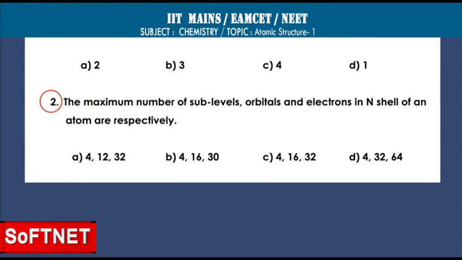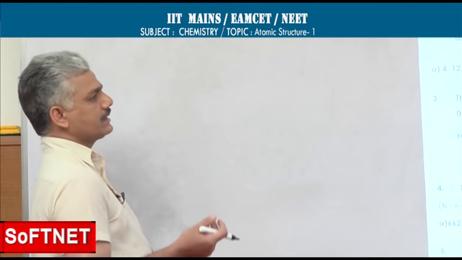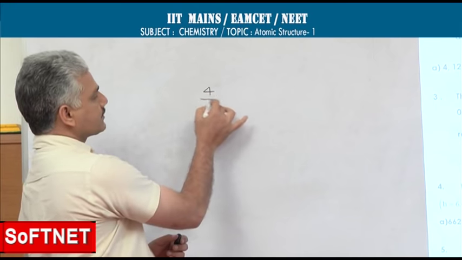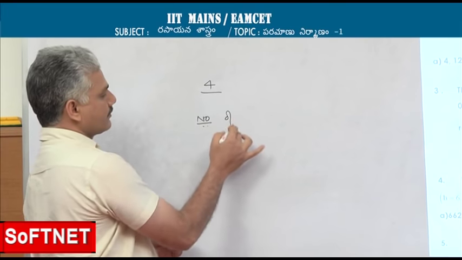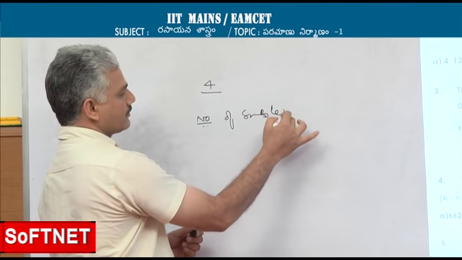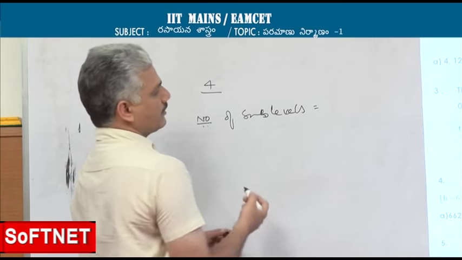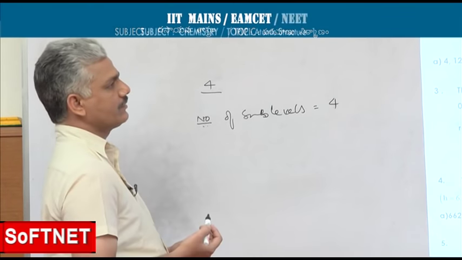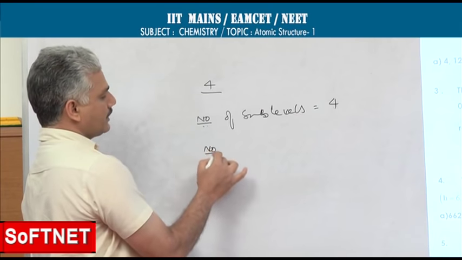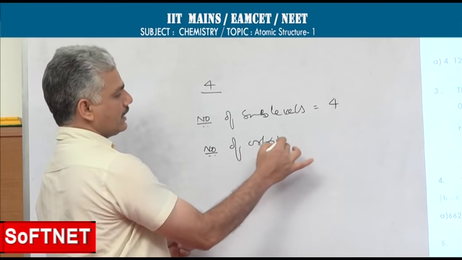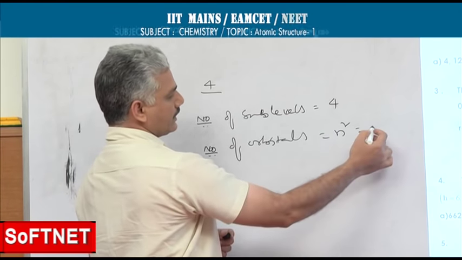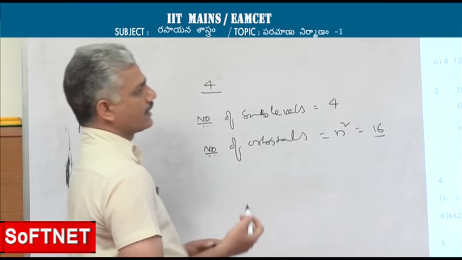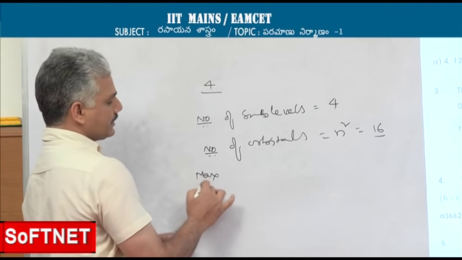N shell means it stands for the 4th orbit. So, the number of sublevels is equal to the number of the orbit itself, that is 4. Then the number of orbitals can be calculated by using the relation n square. When n is equal to 4, n square value is 16, and the maximum number of electrons